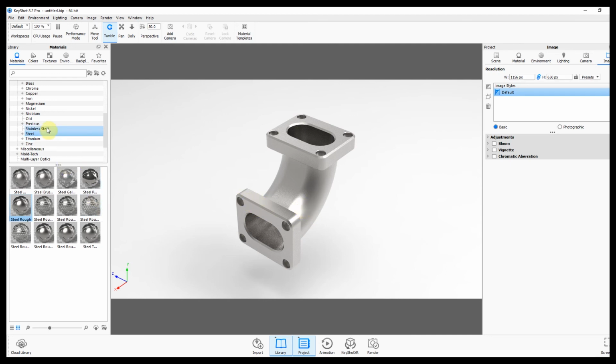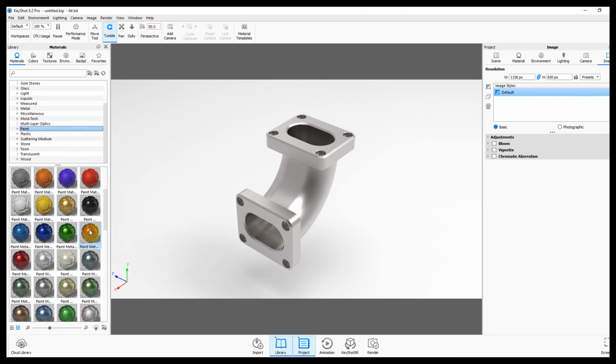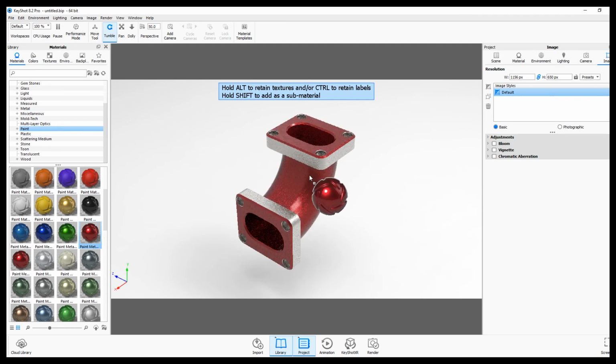If you want different colors, you can add them here. Go to paint. I will try to add some different colors here. You can add red here also. Or else the entire model you can add it.